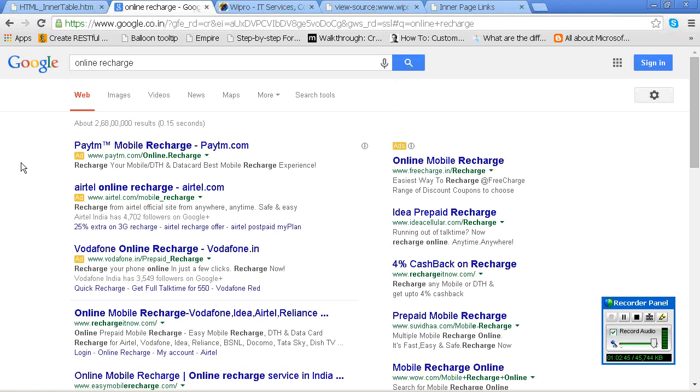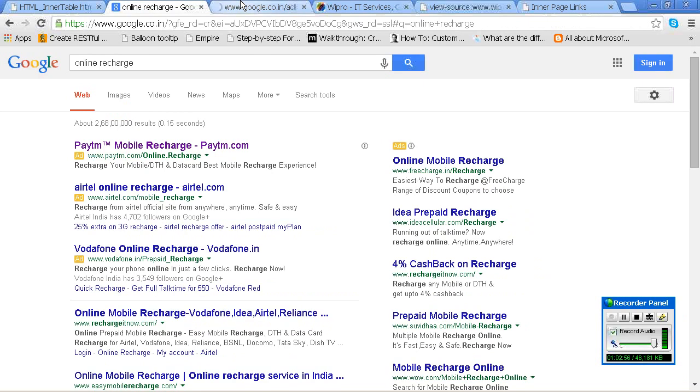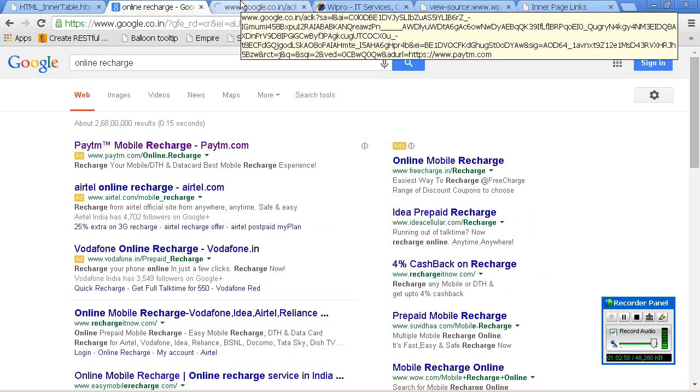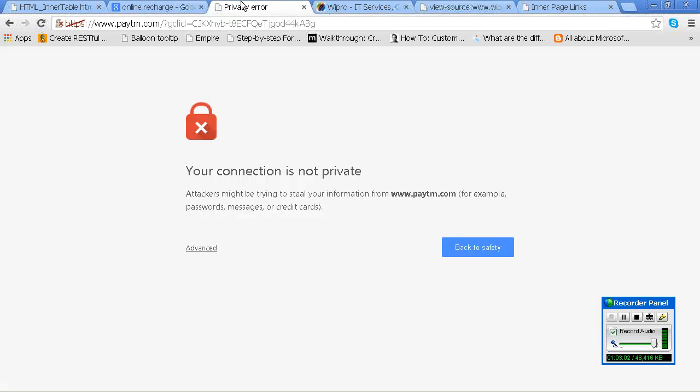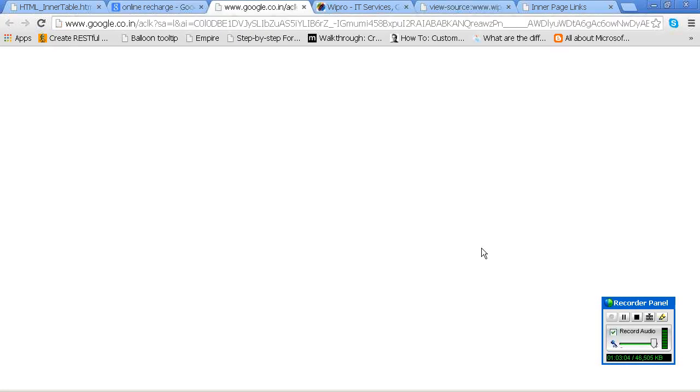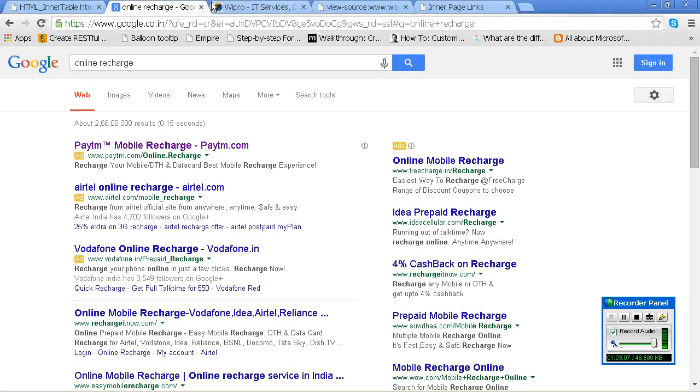So how come this result is there? There are a lot of things. If I go from Paytm, if you see within the description, data in the description also will come. This is called search engine optimization, Google search engine optimization. Based on the content you are giving to your page, the search engine will take that for the search.